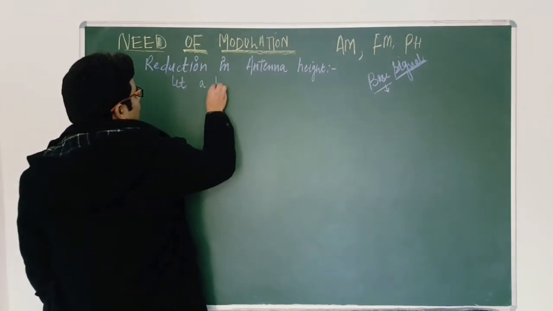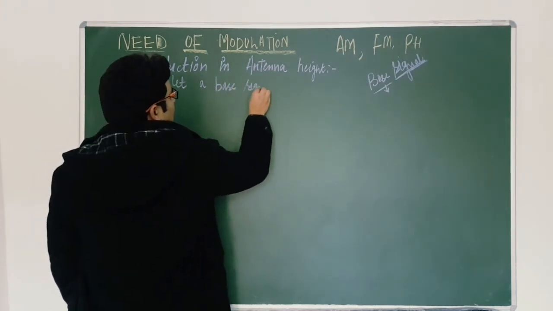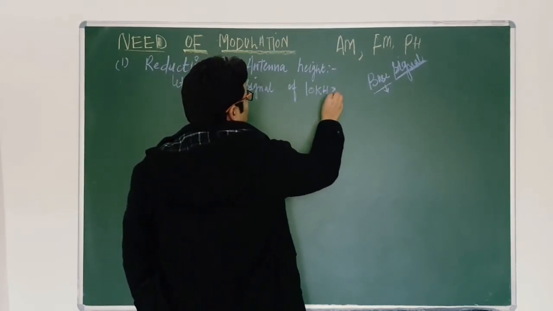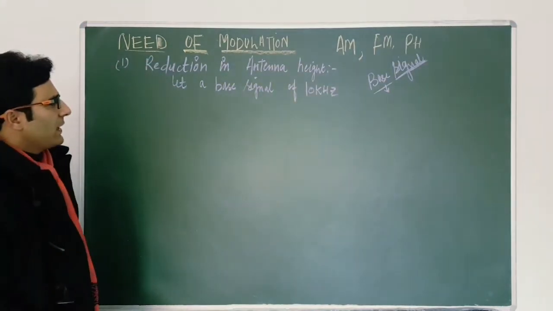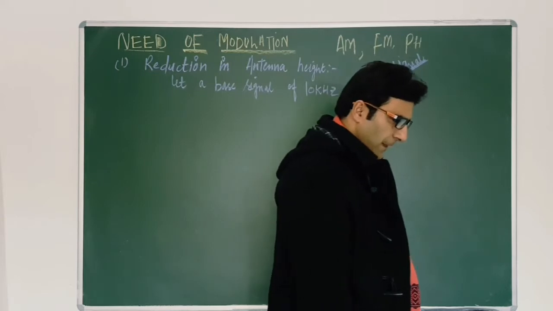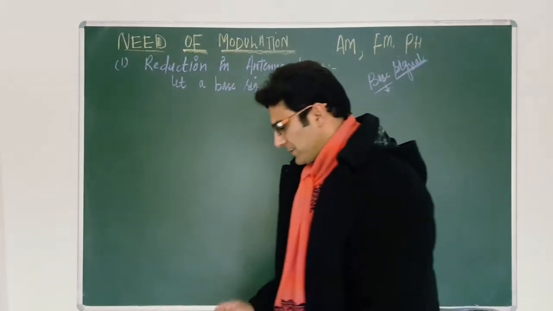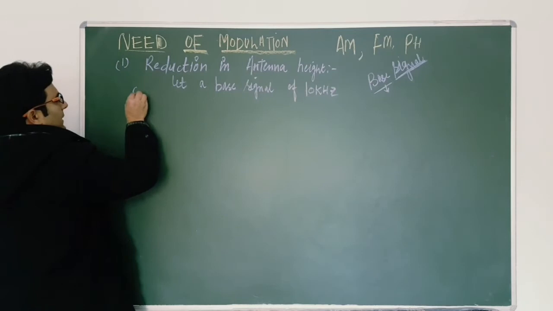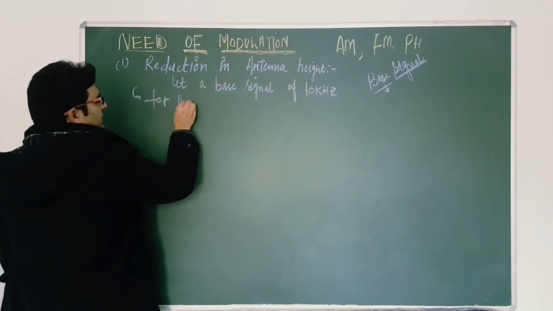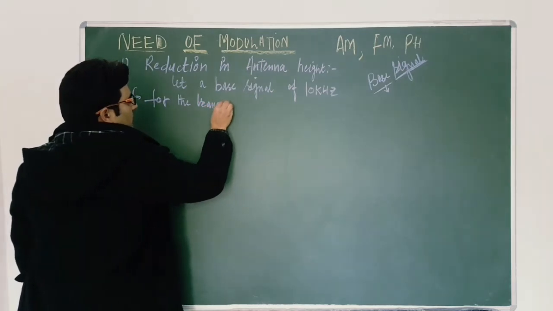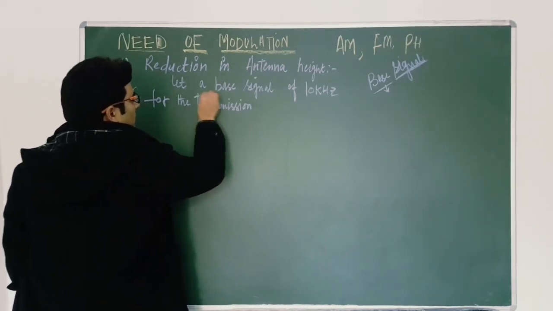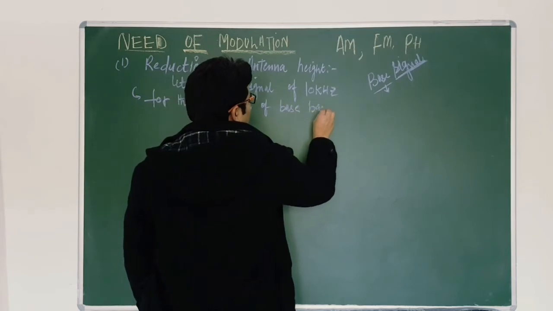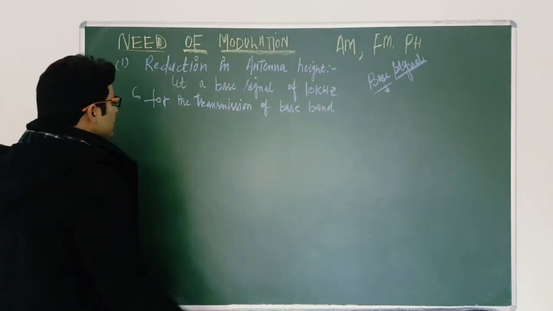Let a baseband signal of 10 kilohertz be transmitted. We have to transmit a baseband signal of 10 kilohertz. So we will find out how much antenna is required for the reception or for the transmission. I have already told you, for the transmission of a baseband signal, the antenna height should be